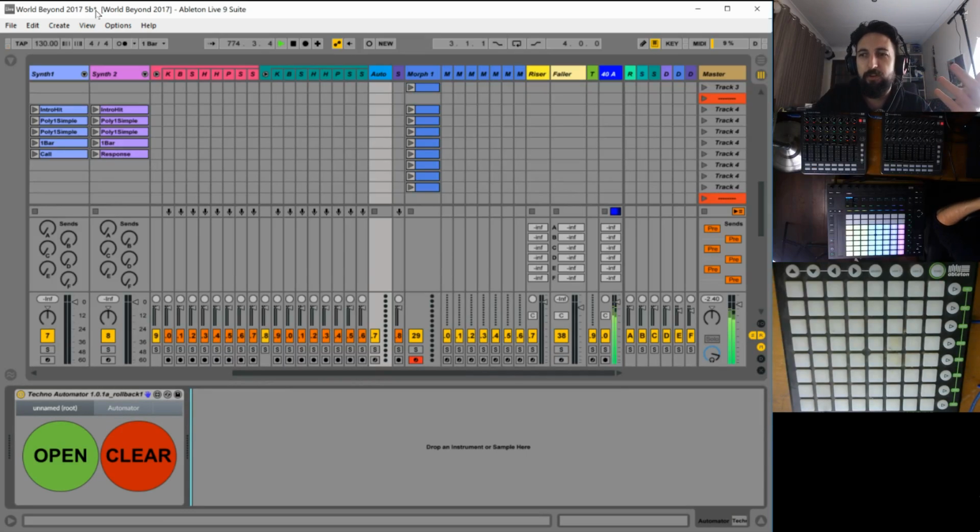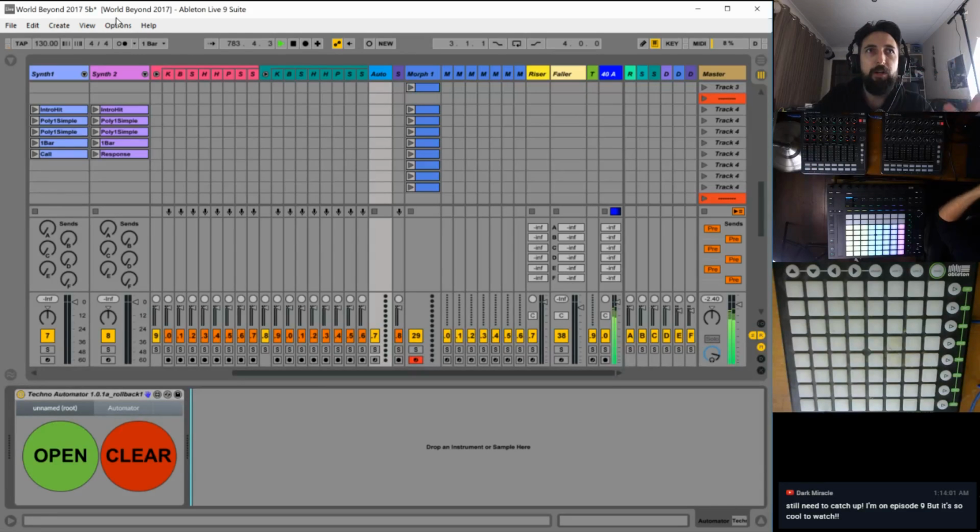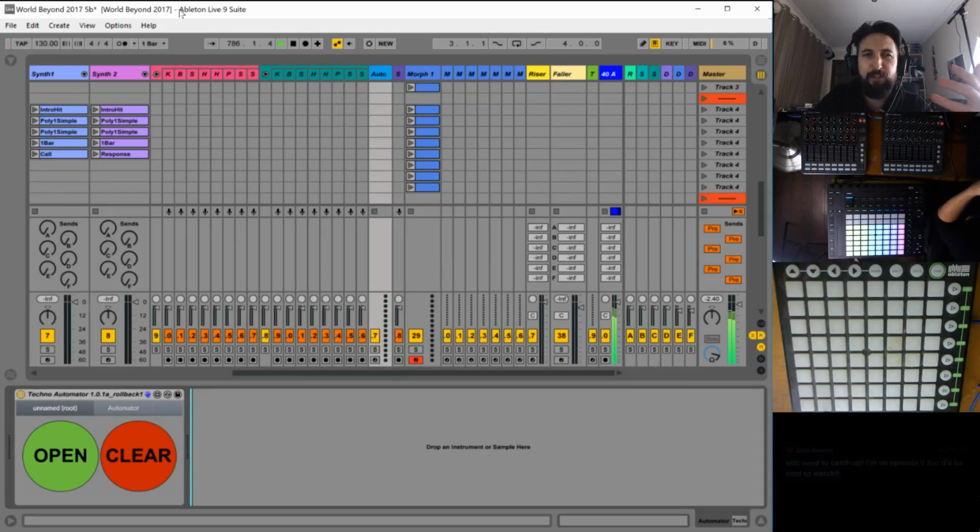Version control, if you're not familiar, is naming things appropriately, especially when you're working on them, when you make additions, when you're happy with something, saving new versions all the time. So if something goes wrong, you can just go back to the last step and either rebuild it or fix it or whatever. So I'm going to be using version control in this, but yeah, with 15 years of saving